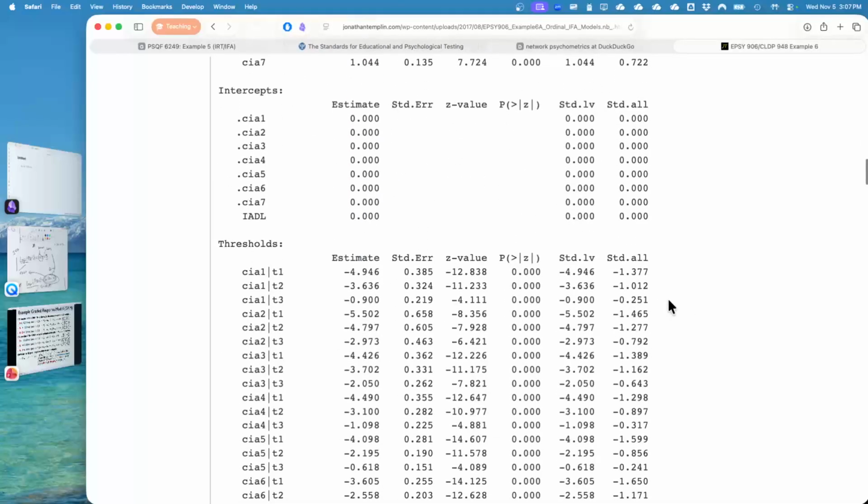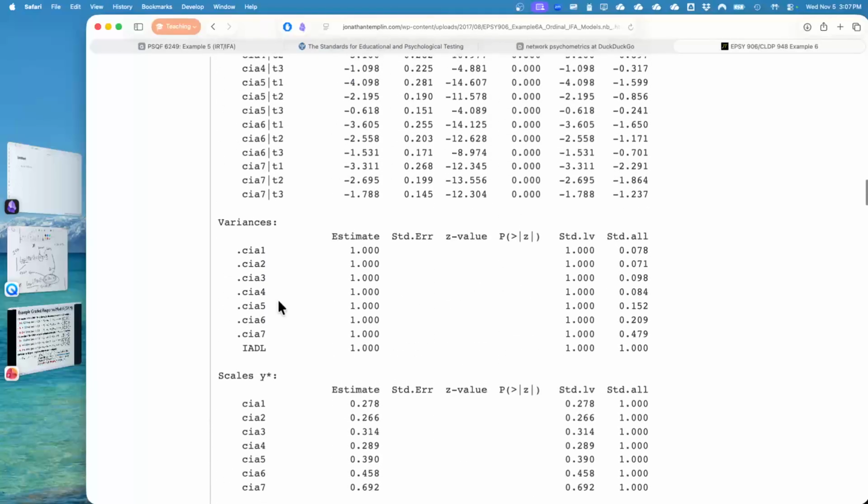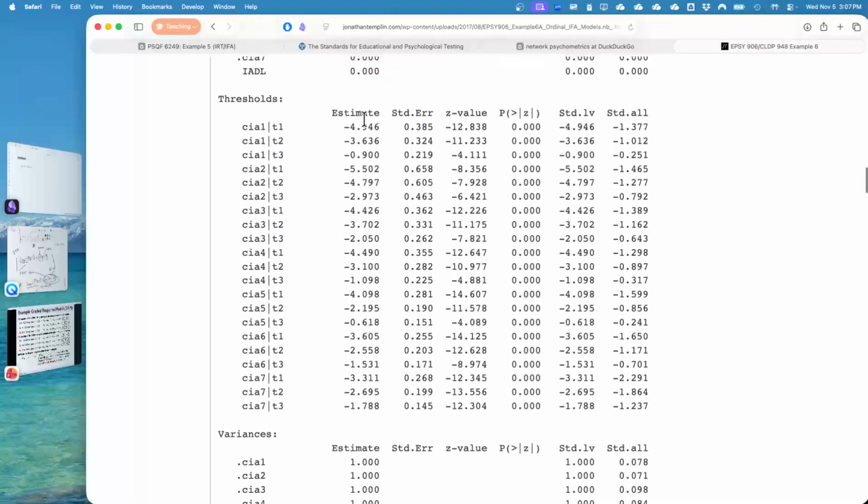But then for each item, you'll note we have 3 thresholds. So you'll see each item listed 3 times: threshold 1, threshold 2, and threshold 3. If one of your questions had 5 categories, then that one would have more thresholds than the others. Exactly. It would be automatic. It would just show up. And that's why I'm trying to streamline this to just focus on it.